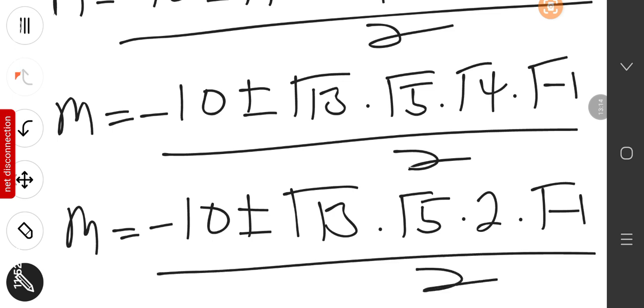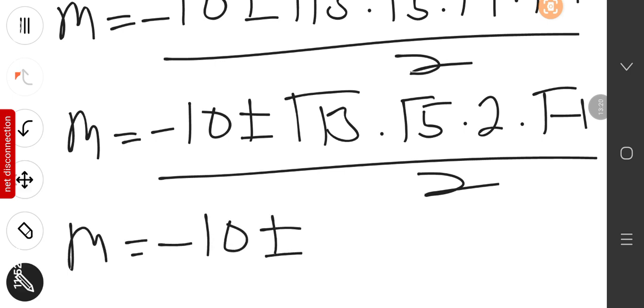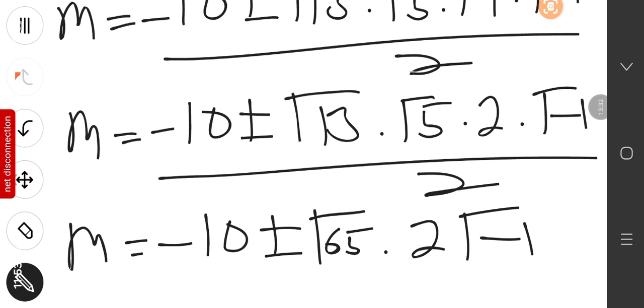All right, so you're going to have m equals minus 10 plus or minus the square root of 13 times 5, that gives us 65, times 2 times the square root of minus 1